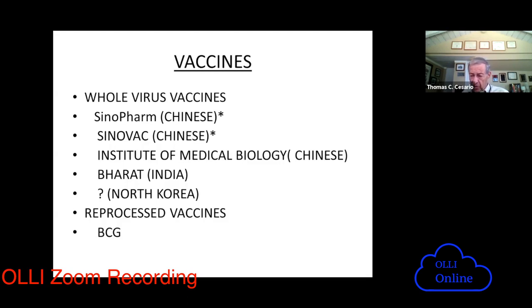Which of those we will use, we don't know. How often we will have to do it, how long it will be good for, are all things we don't know yet. We are testing them now just to see, will they really work if we give them to a general population, will they be protected? We have good reason to think they will from the preliminary studies, but those studies are just beginning now.